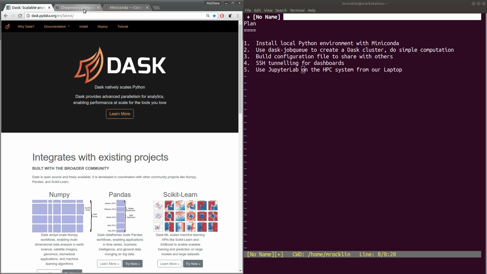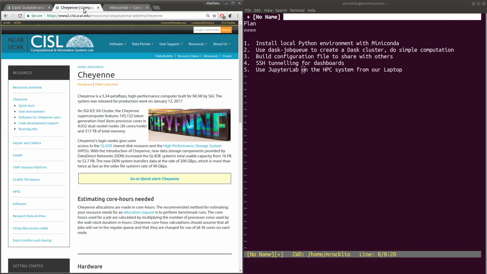Today we're looking at the Cheyenne supercomputer. This is a classic supercomputer run by UCAR. Does a lot of atmospheric science work. And today we're going through a few different things. We're going to be installing a local Python environment with Miniconda. We're going to be using the dask-jobqueue subpackage to create a Dask cluster using our supercomputer with some simple computation